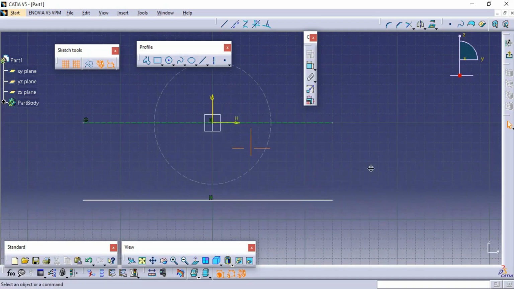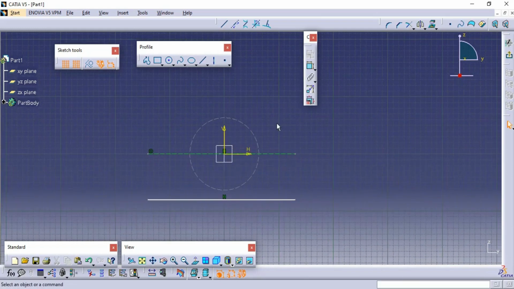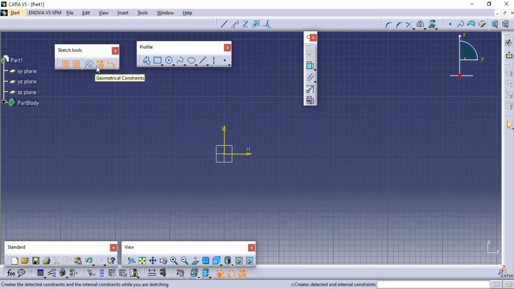A simple line is a dark line, but a construction line is a dotted line, which is used for generating the reference or reference axis. This is the function of the construction or standard element. Now next we will see the next toolbar, Geometrical Constraint and Dimensional Constraint.